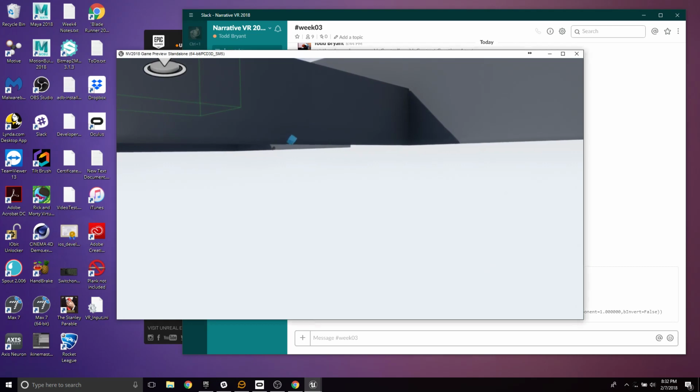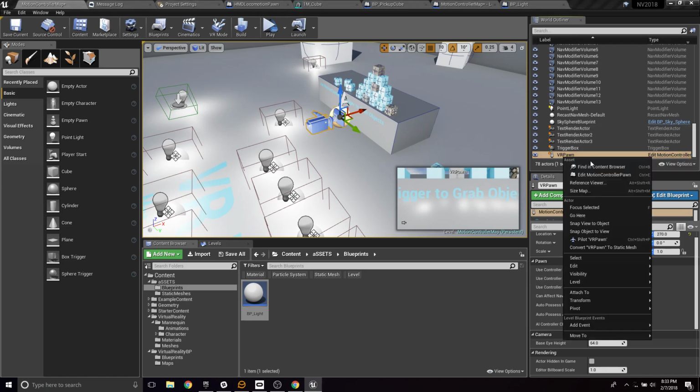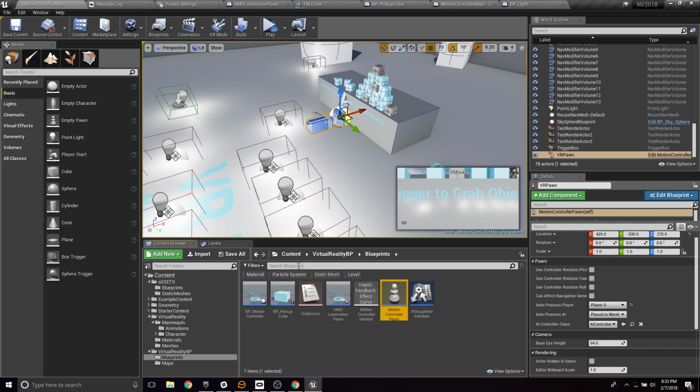So I have the interaction I want. I now have this pawn. I have this interaction, but I'm not in the world I want to be in. So these pawns can be taken and migrated to other levels. And also these blueprints are classes. They can be imported to other levels. So this VR pawn right here, for the motion control pawn, I'm going to find it in the content browser. Okay, I know that it's in content, virtual reality, BPs, blueprints. And let's go back to the level I made last week,